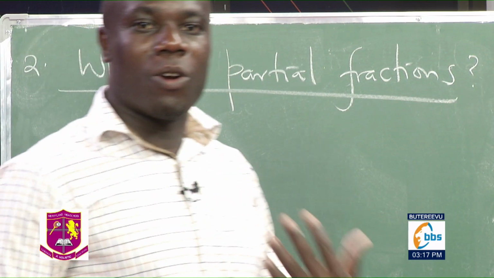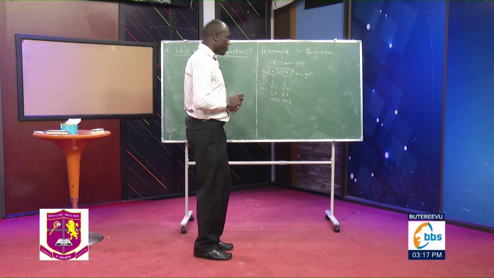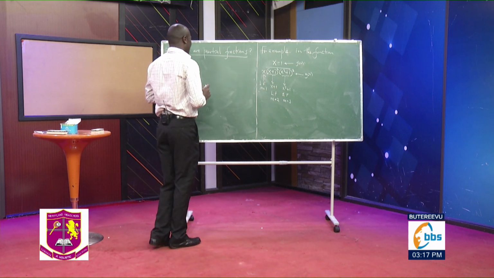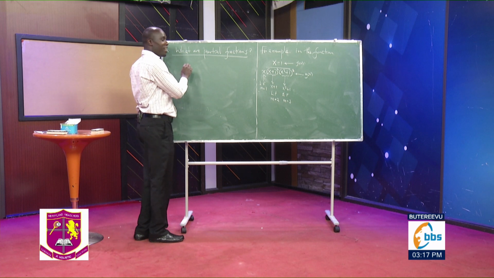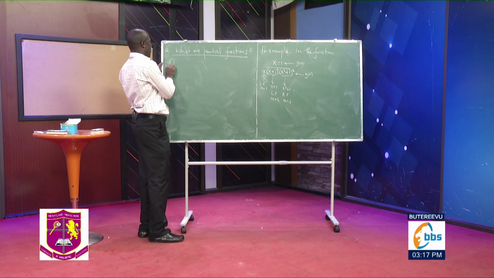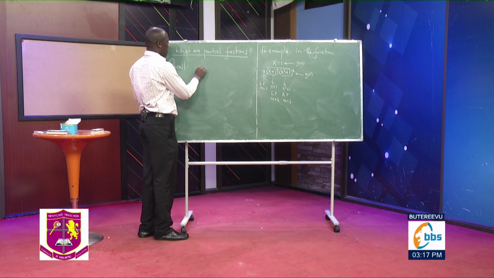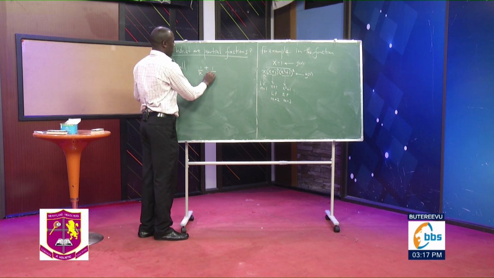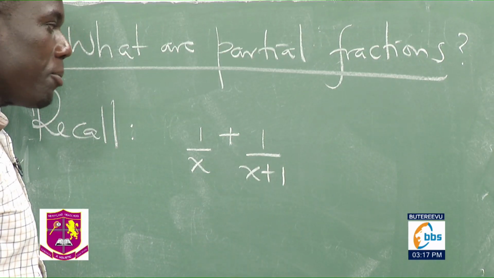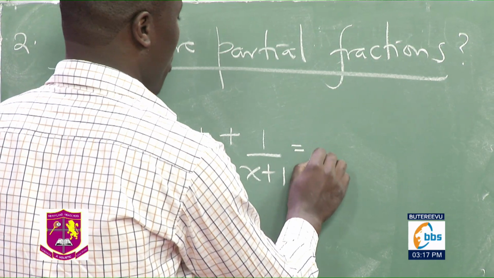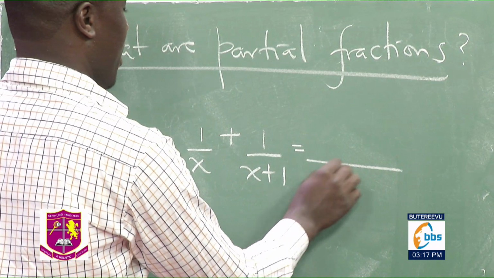I want you to recall from your O-level algebra, you would get, for example, a question, and they would tell you to simplify 1 over x plus 1 over x plus 1. And so what you would do, you would first of all get the LCM,